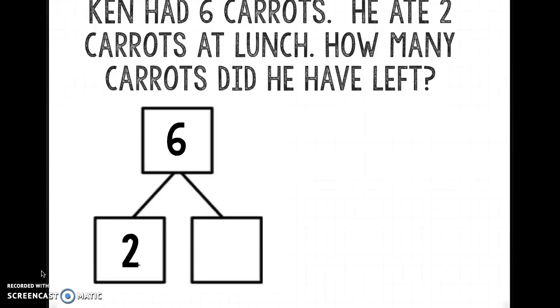Well, I know if he had 6 carrots and he ate 2 of them, I'm subtracting. So I'm going to go ahead and write a subtraction sentence to find that other missing part. I'm going to say 6 minus 2 equals, you know I love those counting sticks, 4. So my first subtraction sentence would be 6 minus 2 equals 4. I'm going to fill in my number bond. And now